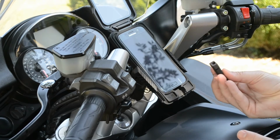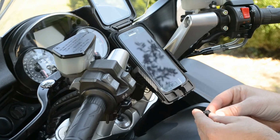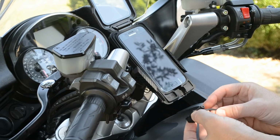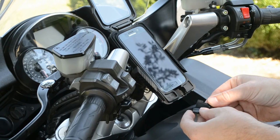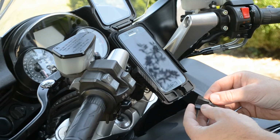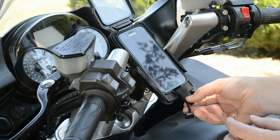It has one plug which is designed for your charging cord to pass through, and it's got a nice little hole and a tether and a clip and everything you need to do that, as well as it's cut open down the side so that you can get it over your charging cord. It also has a solid rubber plug that you can put in there if you don't want to run a